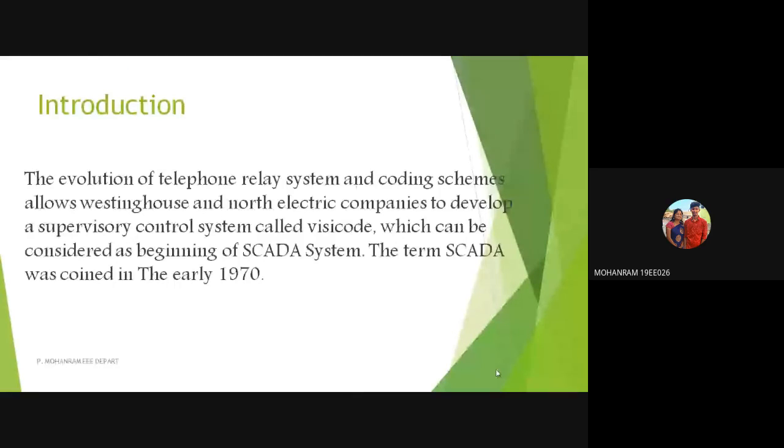This is the introduction to SCADA. In the early 1960s, a control system called Visicode was developed by Westinghouse and North Electric companies. By the evolution of the telephone system and coding schemes, they were able to develop Visicode. So SCADA was not invented or suddenly found, but it was gradually developed from Visicode so that it can automate the industry process. The term SCADA was coined in the early 1970s. And next,